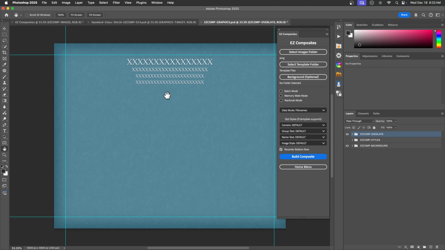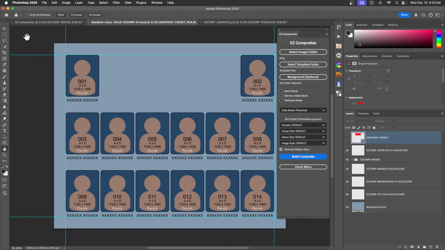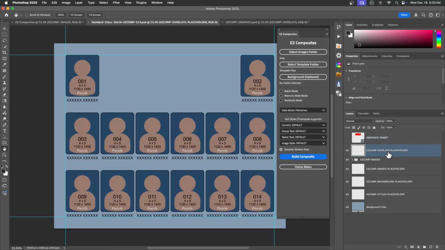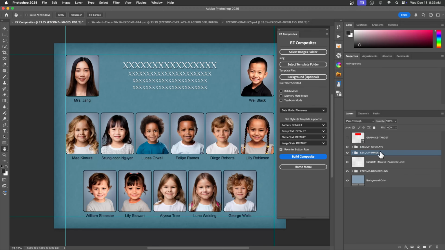And like I mentioned, the pre-made graphics file already has all these set up for you. We're just going over it so you understand it. So if you want to edit these later, you can do that. So in any case, there's these folders here, and it's going to take these folders, Easy Comp Overlays, for example, and when it builds, it's going to, like I say, first open this layout, and then wherever it has the Easy Comp Overlays placeholder, it's going to find this empty layer and it's going to move that folder into this position. So you can see here, we've now got this Easy Comp Overlays folder that it merged into the layout